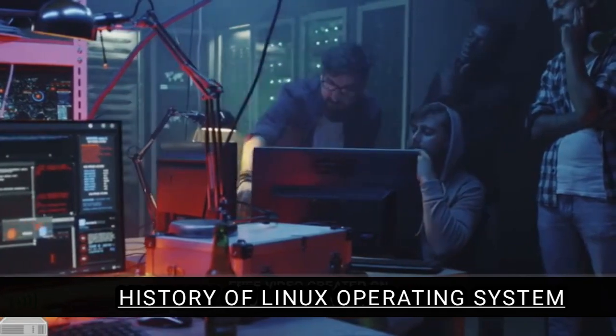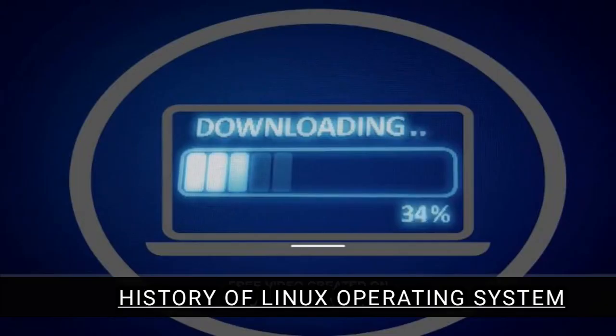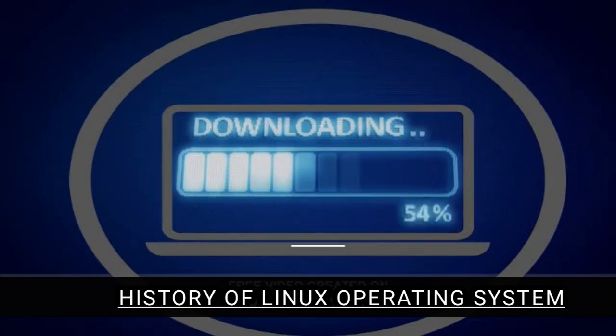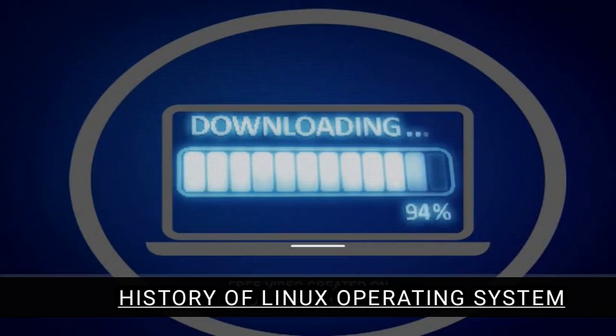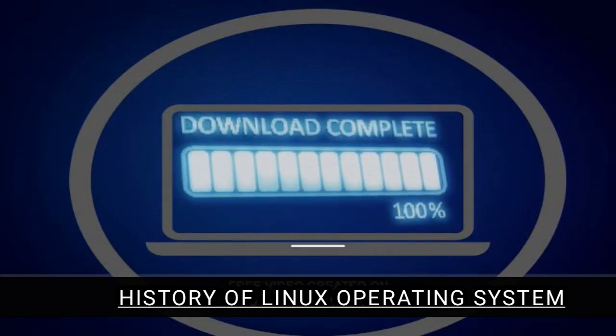In the early 1990s, Linus Torvalds began developing the Linux kernel as a student project. He was inspired by Unix and wanted to create an open-source operating system that would be compatible with Unix but would also be freely available to anyone who wanted to use it. Torvalds released the first version of the Linux kernel in 1991, and it quickly gained popularity among computer enthusiasts and